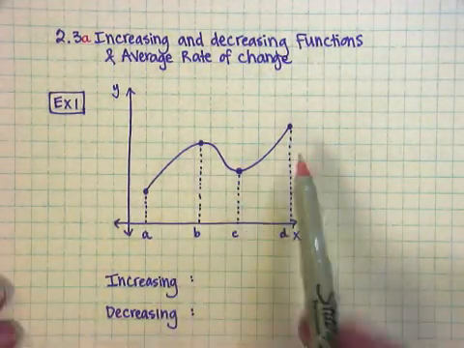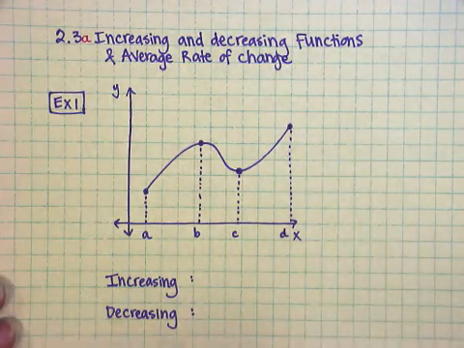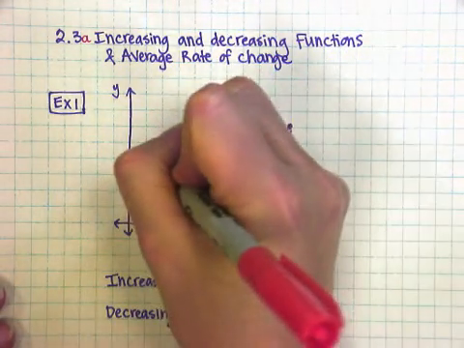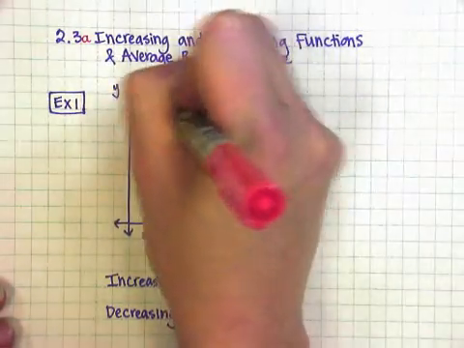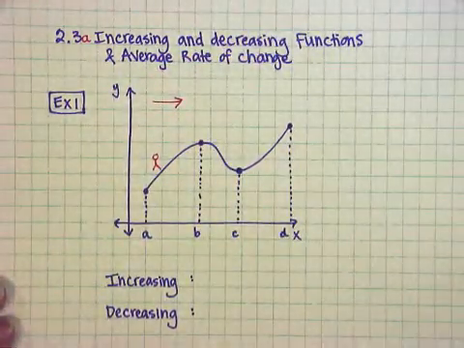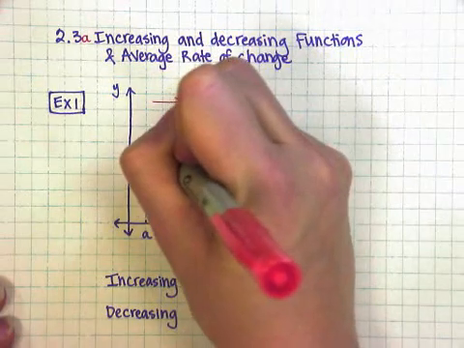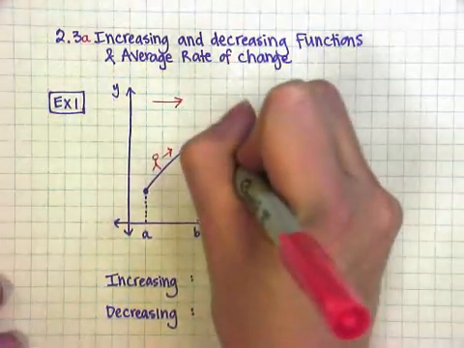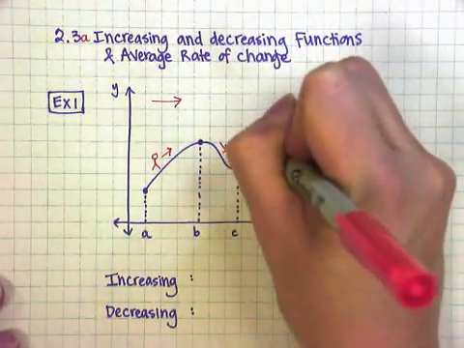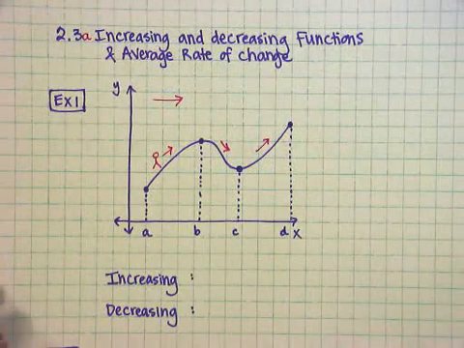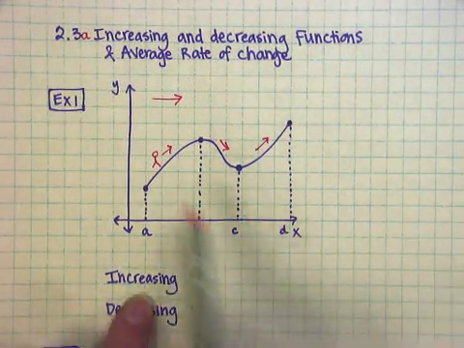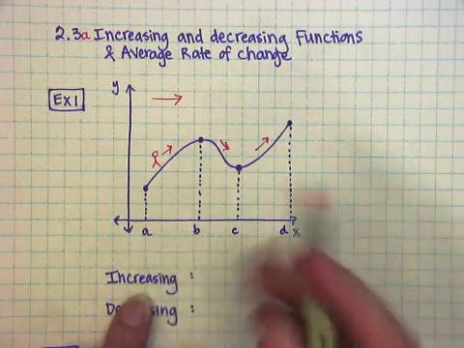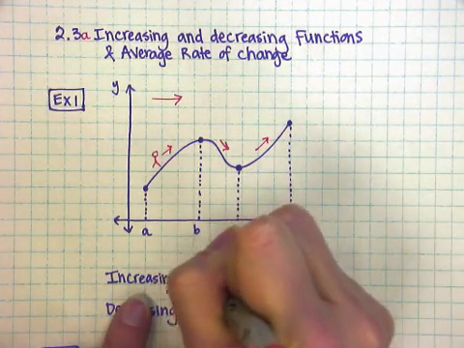So we have a function here and we want to know when it's increasing and decreasing. If I was a little guy like Mario and I was running from left to right across the screen, the increasing is when he would be running uphill. The decreasing is when he'd be running down, and then again we'd be increasing again. So if I want to say where this function is increasing, I would say it's increasing from A to B. I'm going to use closed brackets here